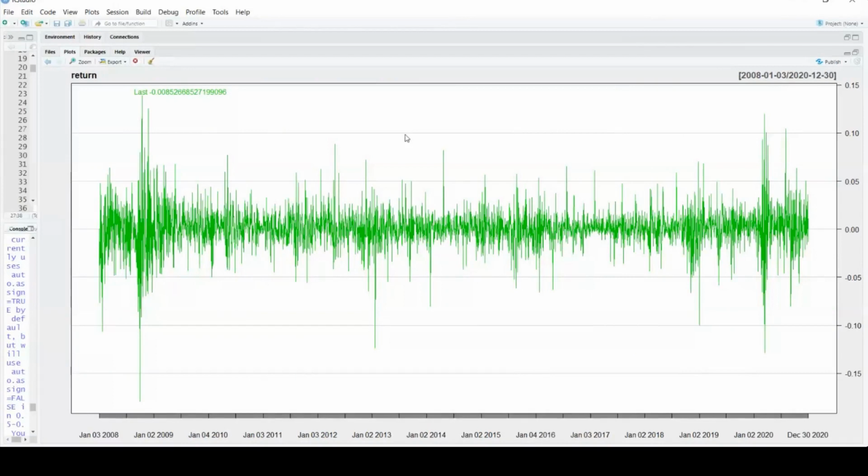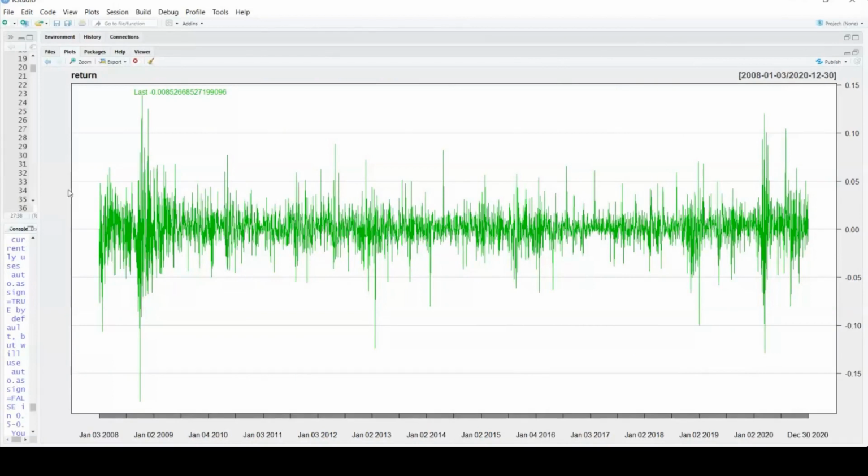So this kind of behavior is mostly occurring near the 2008-2009 period, and at the end we can see something around January 2020, somewhere from January to December. In between we also have a lot of fluctuations, but on average my return series is lying around the mean. So this is the characteristic of the return series.